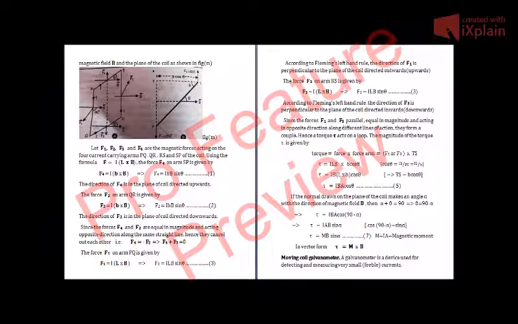Normal means if you put a pin on the plane of the paper, then that pin will act as a normal to the plane of the paper or plane of the coil. So theta is the angle between the plane of the coil and the magnetic field, and in this case it is 90, and alpha is the angle between the normal to the plane of the coil and the direction of the magnetic field, and in this case it is 0. Remember this thing.